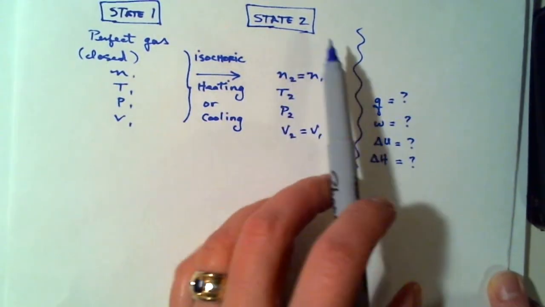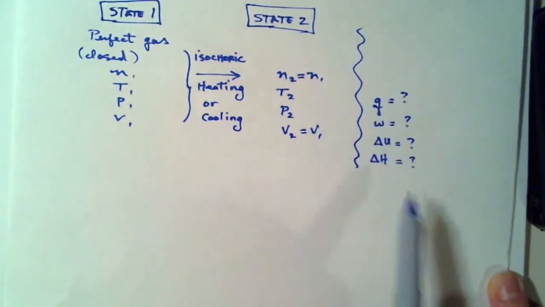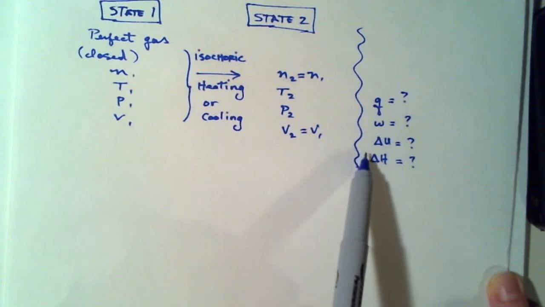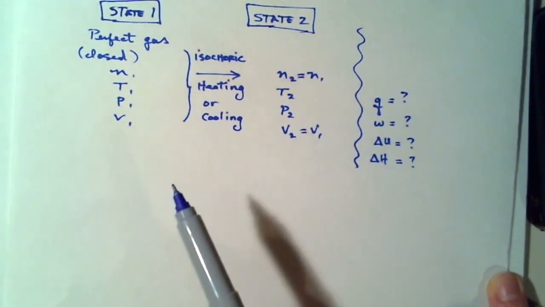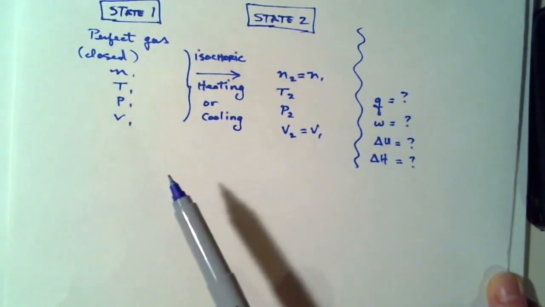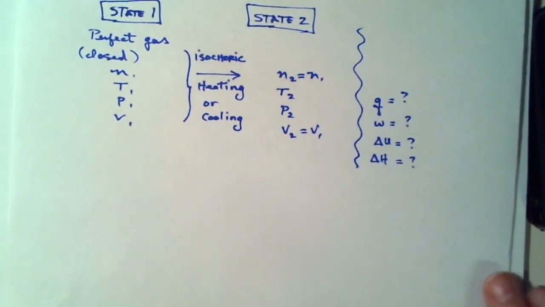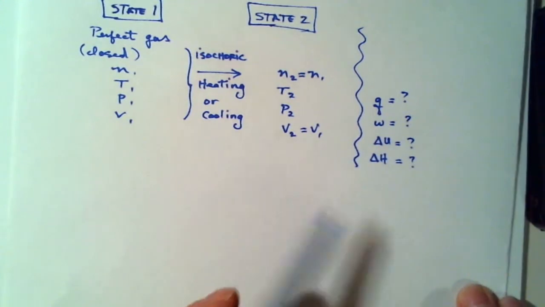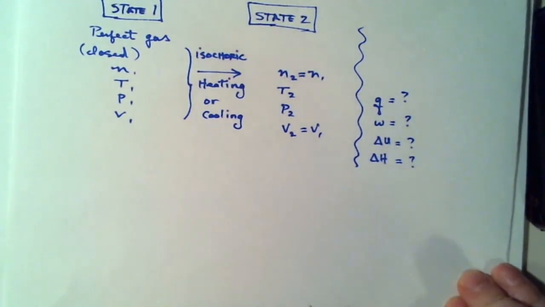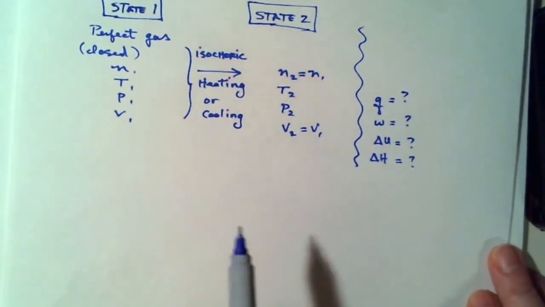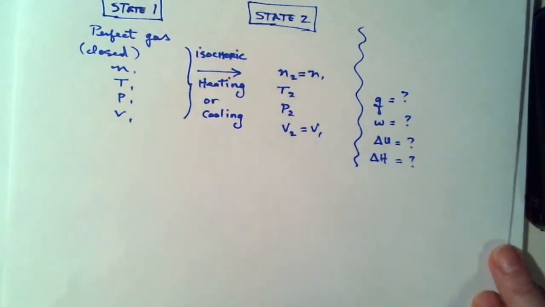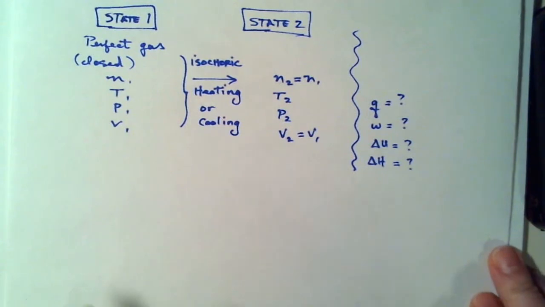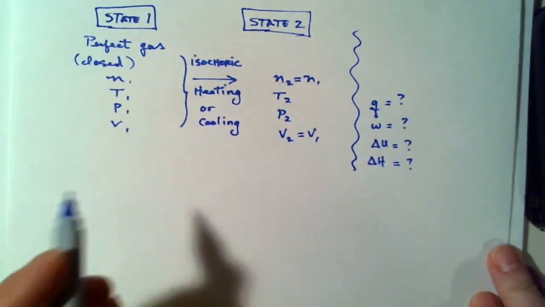So for the process, I can think about what is the value of Q, what is the work, what's the change in internal energy, and what's the change in enthalpy. So this is something that we should be able to do, come up with formulas for this, and ultimately, in a numerical question, come up with a solution. But without doing a specific example, let's just think in this tutorial about how we would do something like this,